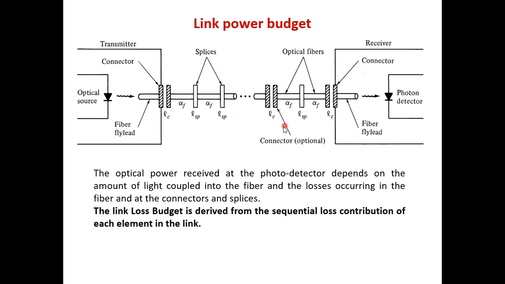Many labelings are there, but since we said system design, it is point to point. That means I have a transmitter, I have a receiver, and in between I have the fiber cable. All our derivations and benchmarks will be with respect to this particular diagram, which is from your book. Here I have the optical source, here I have the photodetector, and here is your fiber.